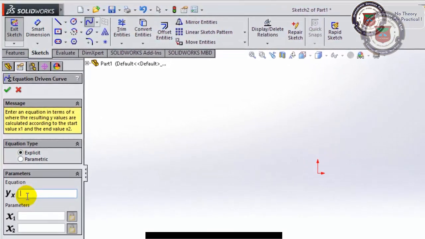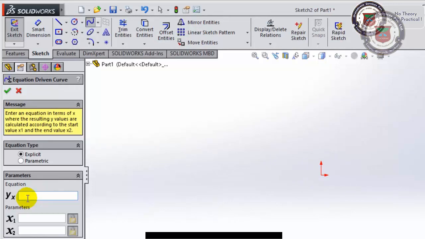y is equal to x square plus 3x plus 5. This is the equation.